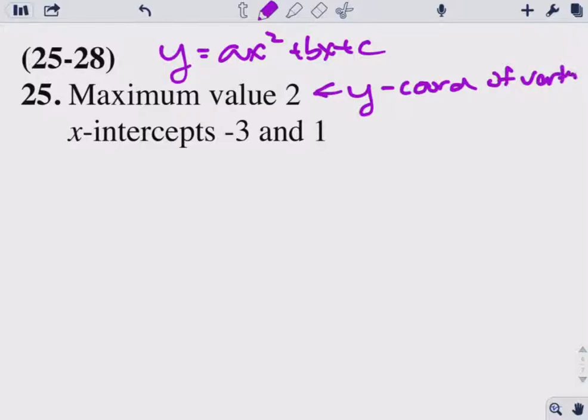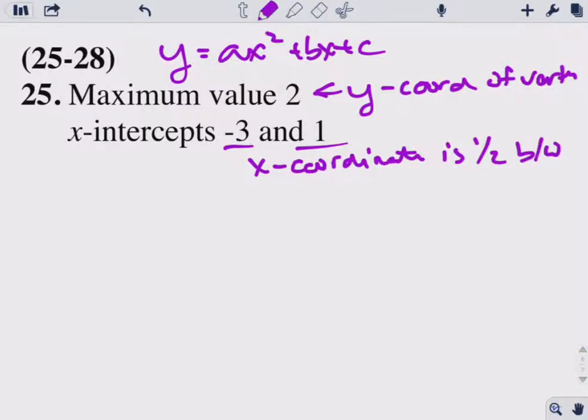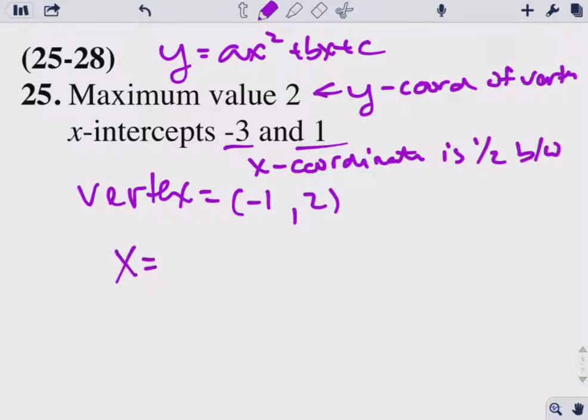Okay, x-intercepts means the x-coordinate of our vertex is halfway between. So that makes my vertex halfway between 1 and negative 3, which is negative 1, with a max value of 2: negative 1, 2. Also my x-intercepts, so x is equal to negative 3, x is equal to 1, so I've got x